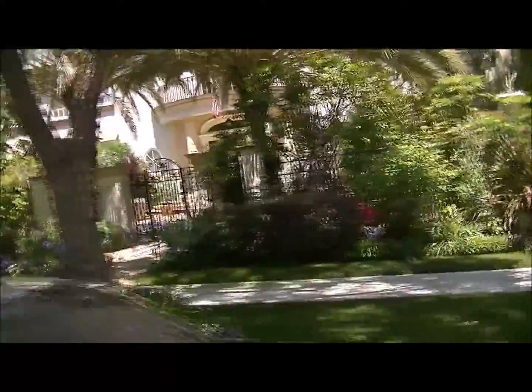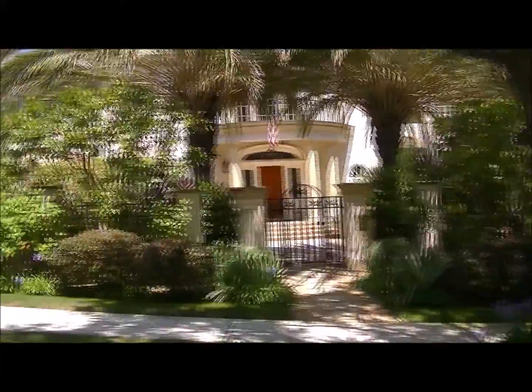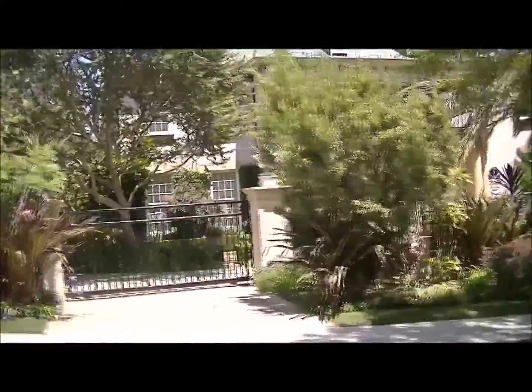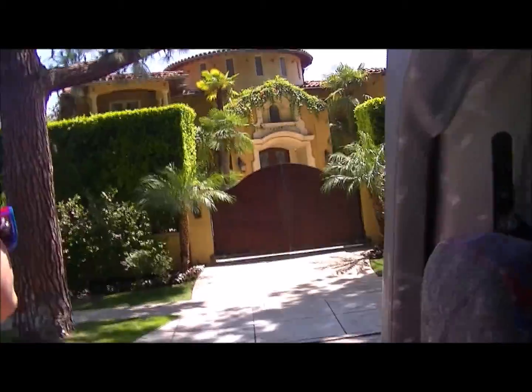On the right, you guys are going to see the home of the beast of Hollywood, the hairiest man in show business, Mr. Robin Williams, on the right-hand side. They call him the beast of Hollywood. They call him the beast of Hollywood because Robin Williams has so much money. Formerly Dr. Phil, and now it's